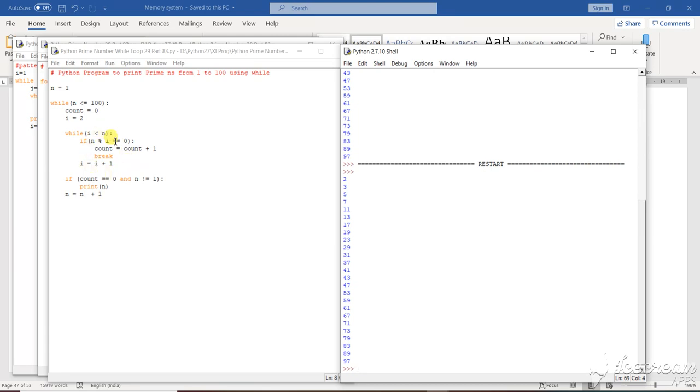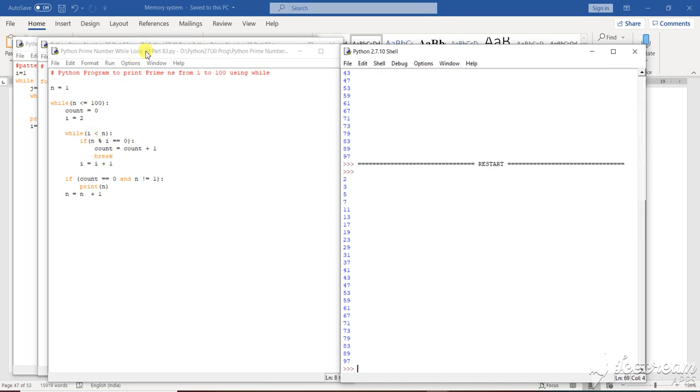So this is the loop pattern, where the loop previously was a for loop. This is with a while loop, but the thing applicable is the same. That means here I want to focus on one thing: if you want to do the particular program with any pattern of loop, you can use it. That is no harm. But the condition that you are going to apply must be correct. If your condition is not proper, you will never get a proper output with the loop that you have implemented, isn't it?